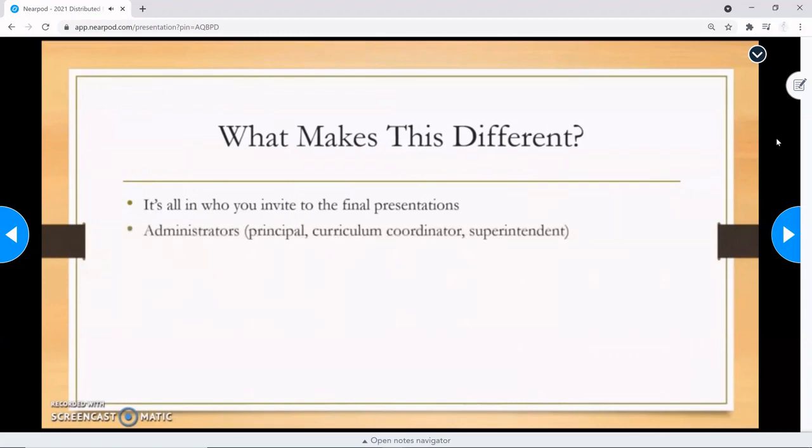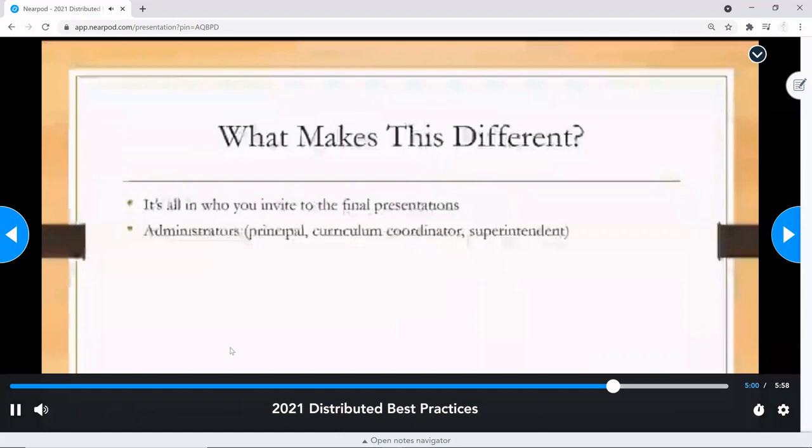I invite administrators. These people, principals, superintendents, they deal with students with issues. They deal certainly with parents with issues and budgets. And they come to this presentation, and for an hour and a half, they can forget it all. And they can see what the students can do. They look forward to this every year. It's an excellent opportunity to